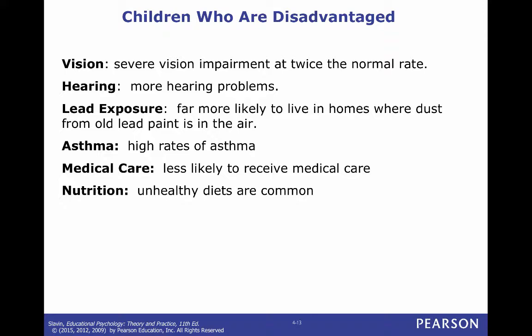And then we have to look at nutrition too, because the foods that tend to be cheap or less expensive are not fresh foods of high quality of vitamins and minerals. They rely on a lot of fast food or processed foods, and so those unhealthy diets actually cause children not to do as well. We don't really have anybody with malnutrition. It's rare in the United States. But it still does affect. There's one study that was done like in '96 by Nesser, and simply giving kids vitamins and mineral supplements improved their test scores.